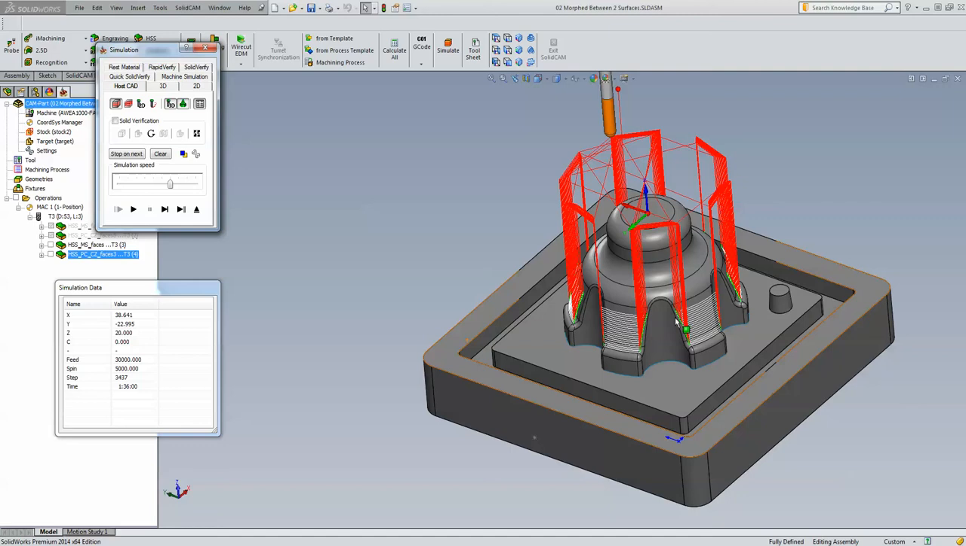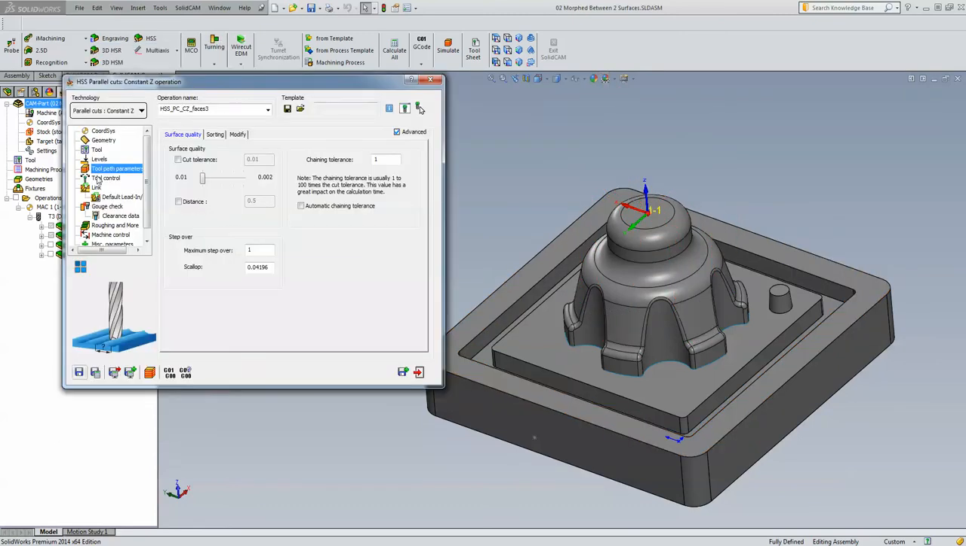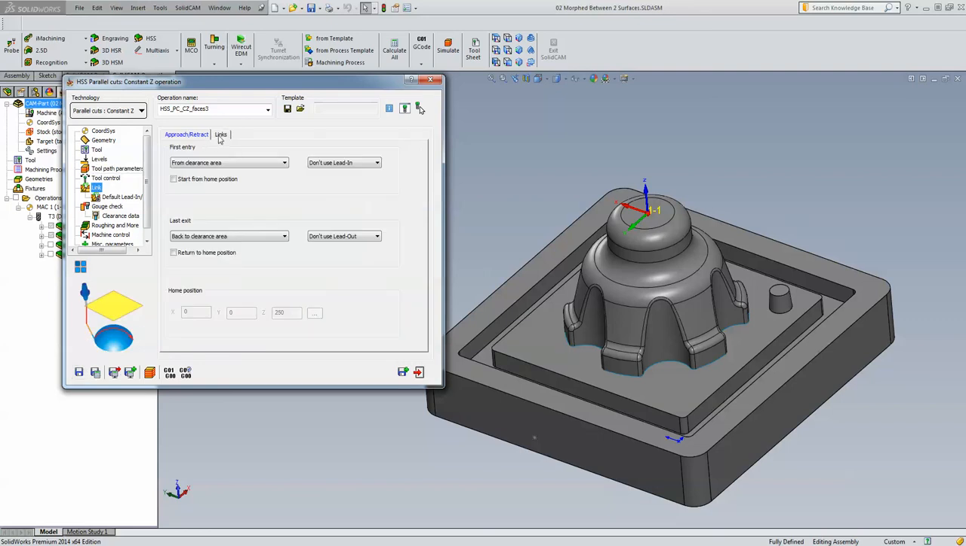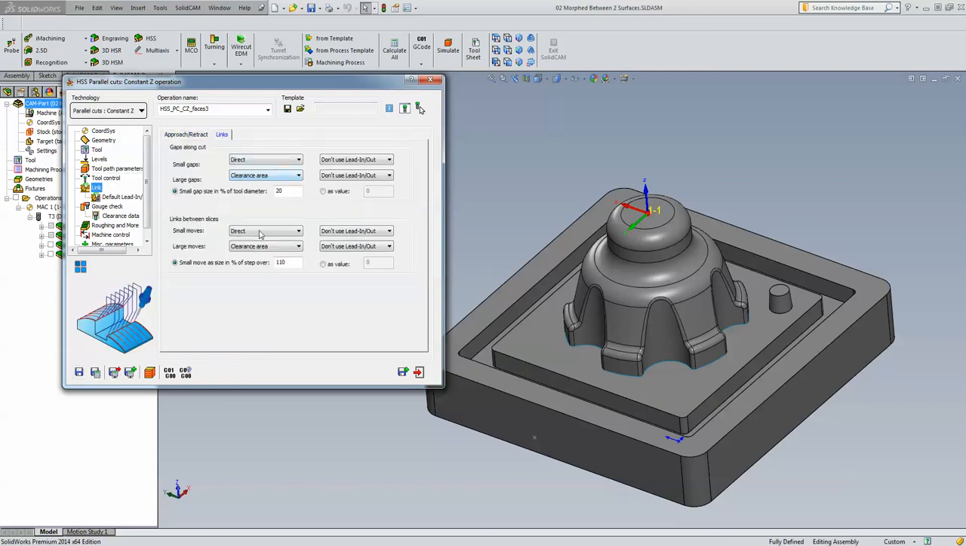Since we have gaps over here, it jumped up to the next surface, to its clearance area, and then went to the next surface, and the same thing in between each one of them. Now, to fix that, usually what people do is they go into links, and then do either direct or fool around with these options over here. I'd like to actually do something else. Instead of using my links, I'm going to